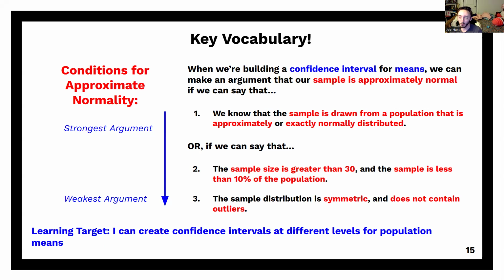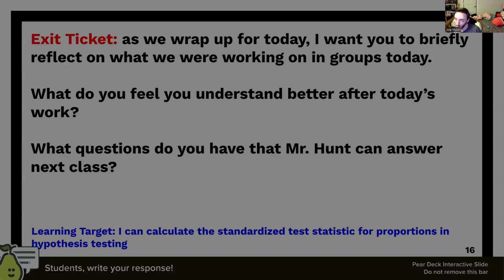But if you don't know it's from a normal population and you're working with a small sample, which is why we use these t-scores in the first place, you definitely want to at least try to make the argument that your data set is symmetric and doesn't have any outliers. Like we saw in our SPP warm-up, or rather our pre-work warm-up, we had a data set that was highly skewed, and sometimes that happens. In those instances, we usually don't want to build confidence intervals. For the sake of the project, we will do it anyway, even though we might need to take it with a grain of salt. So these are some useful things that might help you guys as you're working through the process.